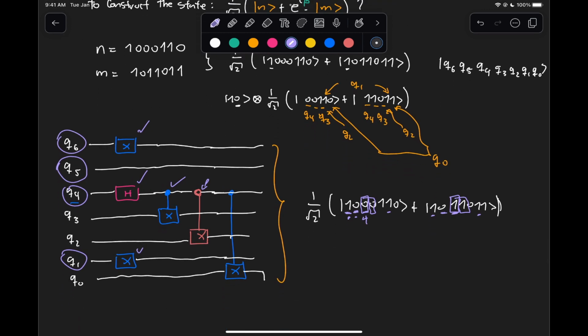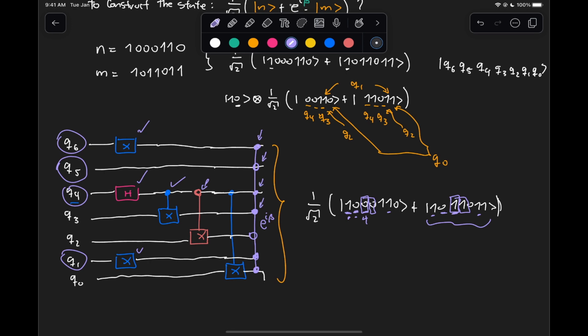What we can do is apply that controlled phase gate that gets activated whenever we find the state M. So in this case, what we will need to do is apply a phase gate where Q6 is 1, Q5 is 0, Q4 and Q3 are 1, Q2 is 0, Q1 is 1, and Q0 is 1. So this right here represents a phase gate that applies a phase of e^(iβ) when these